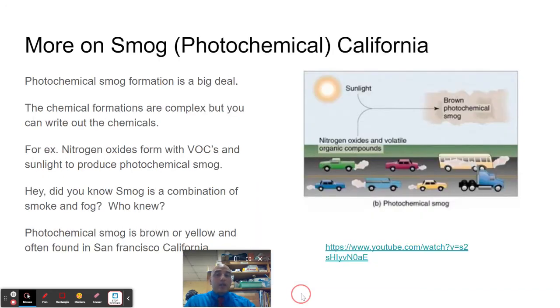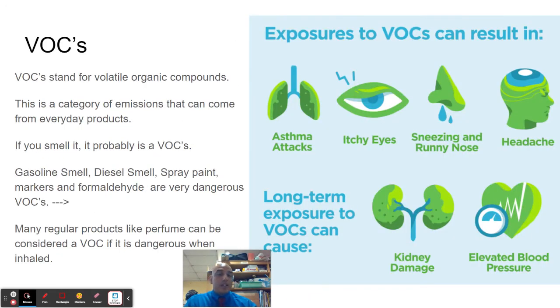VOCs, volatile organic compounds, or if you smell it, it's probably dangerous. They're moving towards a lot of chemicals that, like, I know when I went to Home Depot and Lowe's, because we just painted the basement recently, I was buying paint, and all the newer, more expensive paint says no VOCs on it, and I know what a VOC is. It's volatile organic compounds. I have children in the house, so I want to make sure my house is as safe as possible, so I will buy non-VOC paint.